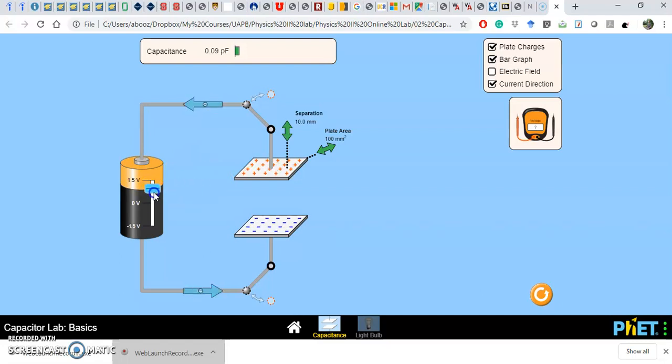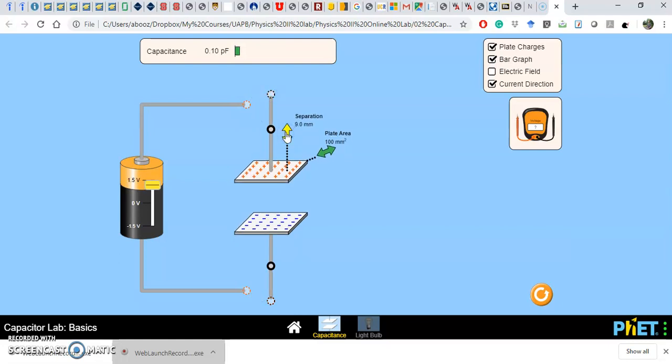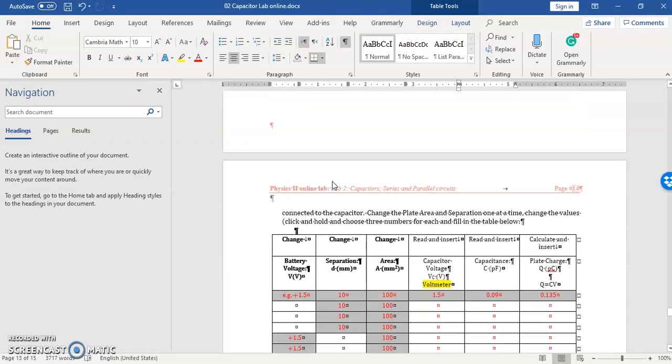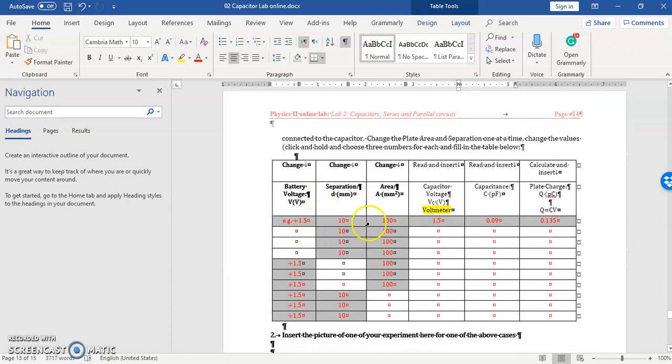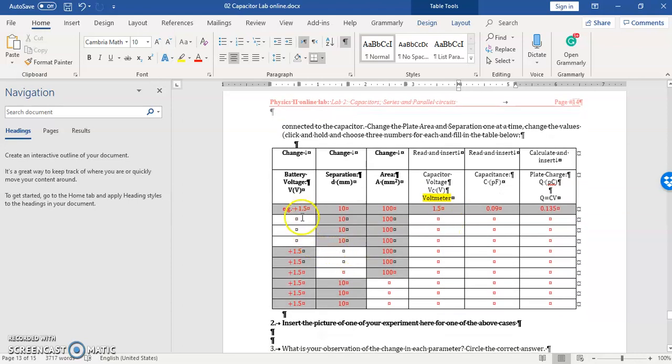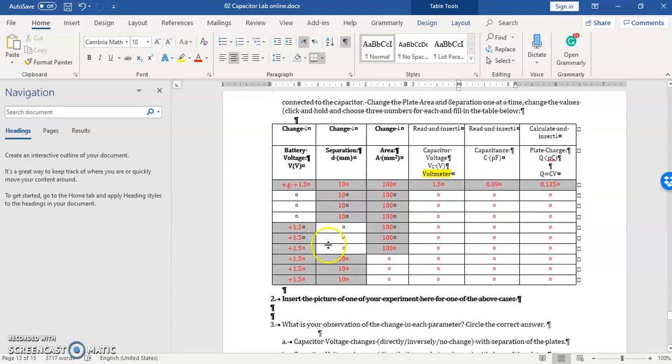What I want you to see is what is going to happen if you charge it to a certain amount of charge, and then disconnect it and make all the changes. What I'm expecting you to do in this part of the lab is to go through this process. I have also given you an example which is pretty similar to the previous one because it is just a charging. Then set it to a certain voltage. Number one is changing the voltage, which is very similar to before. But for parts 2 and 3, once you set it to that voltage,